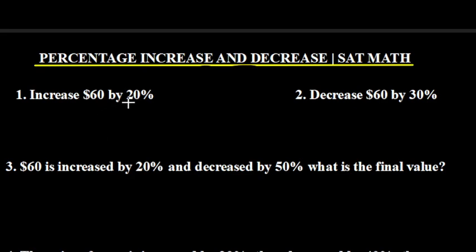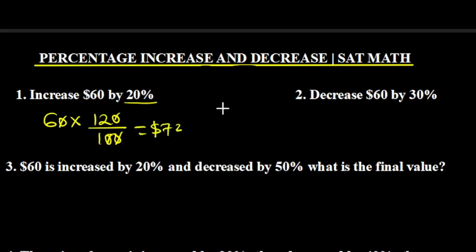So we are increasing by 20% here, so we'll do 60 multiplied by 120, because after increasing you have 120%. So you find 120% of this 60, and 120% of this 60 is what we are representing here. That is why we are doing this over 100. Okay, so this all cancel each other and we'll have